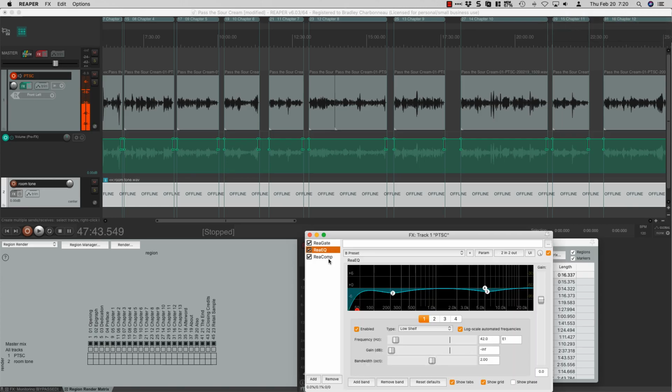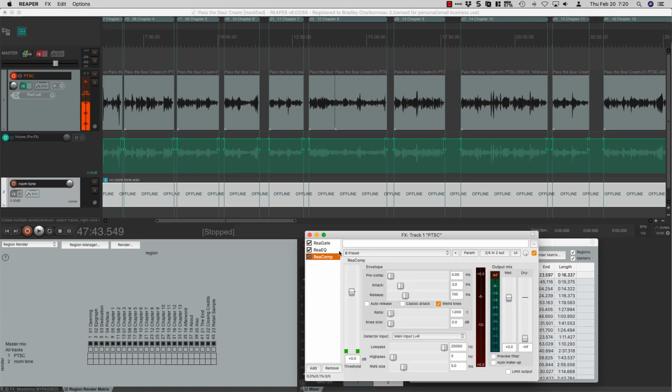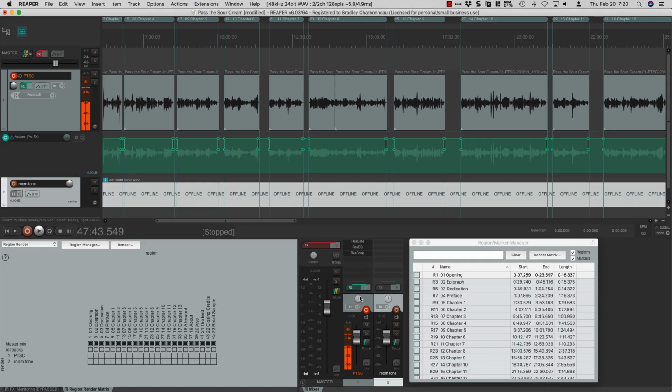Okay, got the gate, got the EQ, got the comp. We want to make sure those are still good, right? But I want that on because that is the whole purpose of the effects. It's going to add those effects, change our sound, make it all better, do its fancy tricks that I don't even understand, and it's going to make it happen. Oops, so glad I forgot that. Great. Let's do that. Hey, see, we're learning as we go.